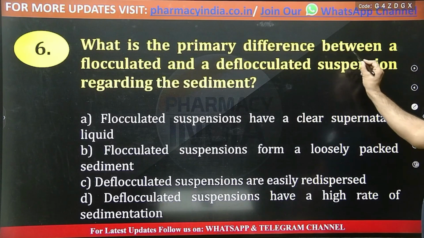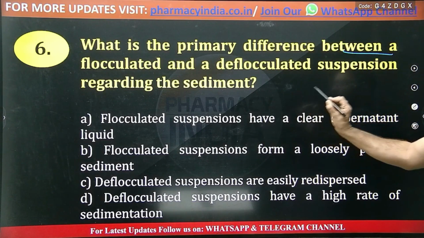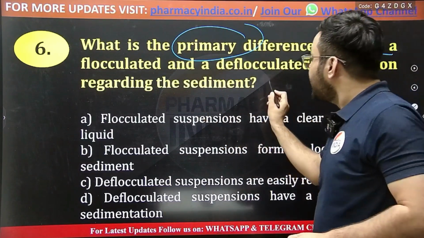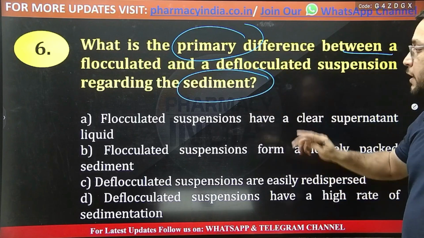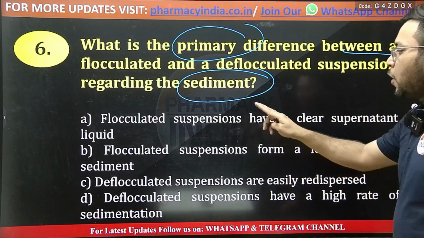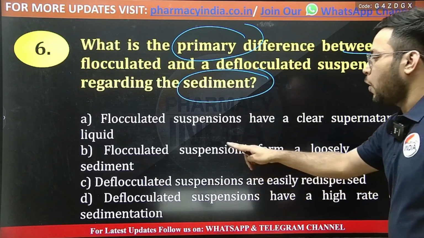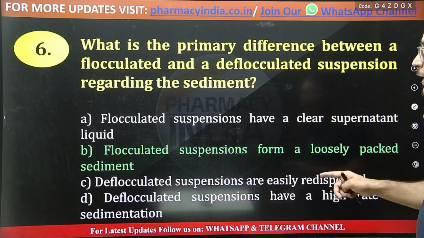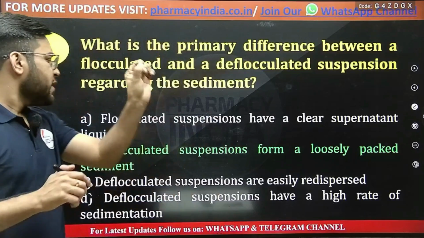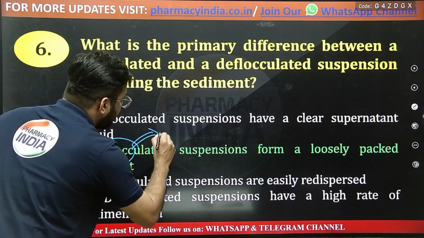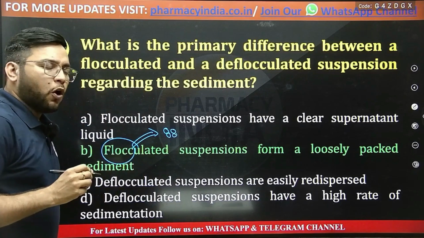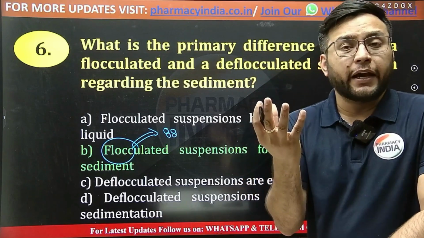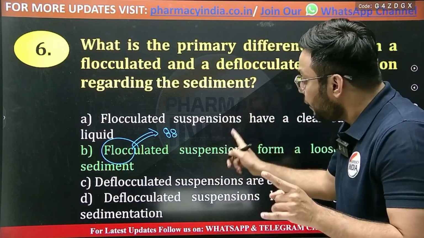What is the primary difference between flocculated and deflocculated suspension regarding the sediment? Here two points are asked: the primary difference, and second, regarding the sediment. Flocculated suspensions have a clear supernatant liquid and form a loosely packed sediment, while deflocculated suspensions are easily dispersed and have a high rate of sedimentation. As its name indicates, flocculated means flocks. So when the flocculated suspension sediments, it forms a soft, loosely packed cake, whereas deflocculated suspension will